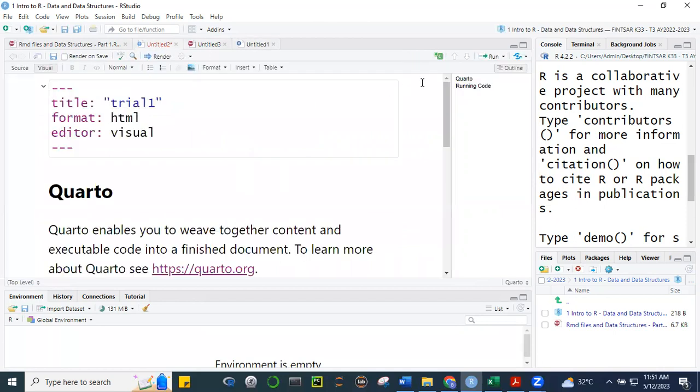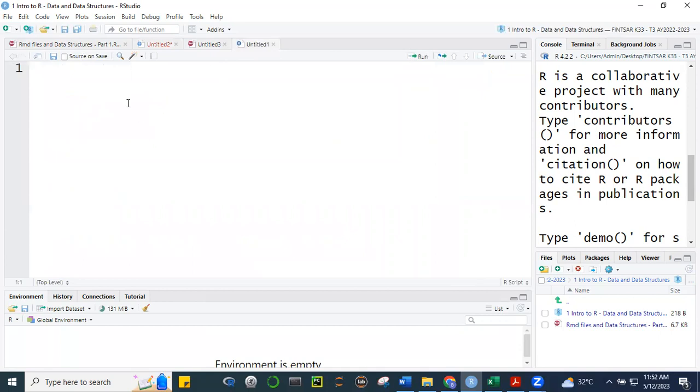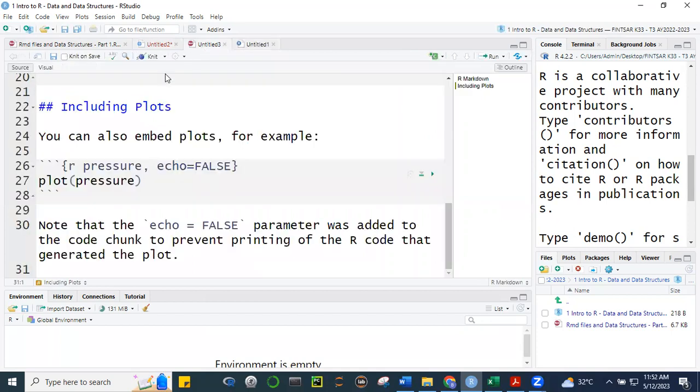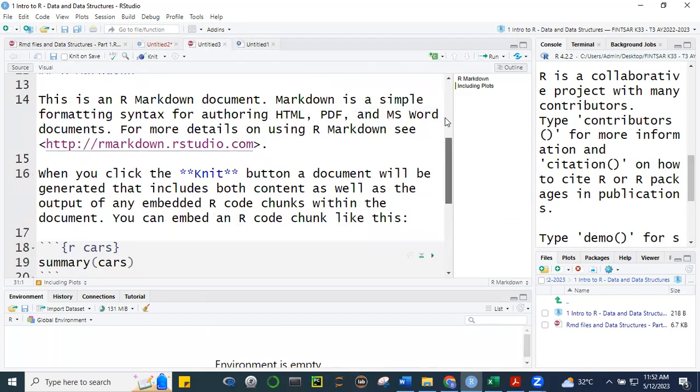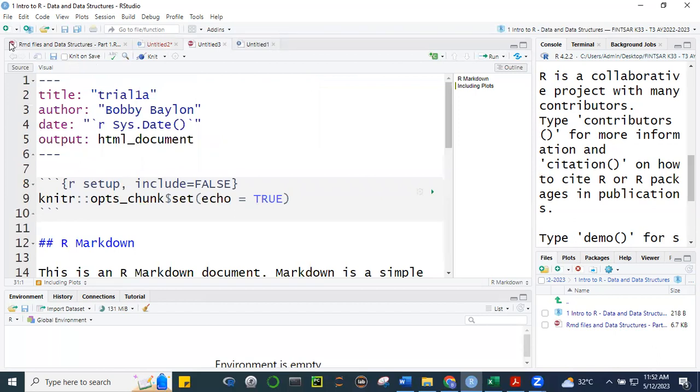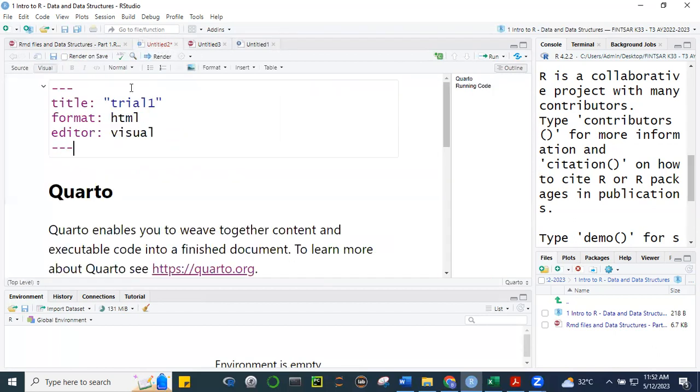Kasi kung titingnan natin to, no? Dito lang makikita yung mga functions na to. Source, visual, normal, format, insert, table. It does not appear in your R script. Walang ganung functionality. Neither does it appear in your R Markdown. Yung quarto, you can see here na meron siyang